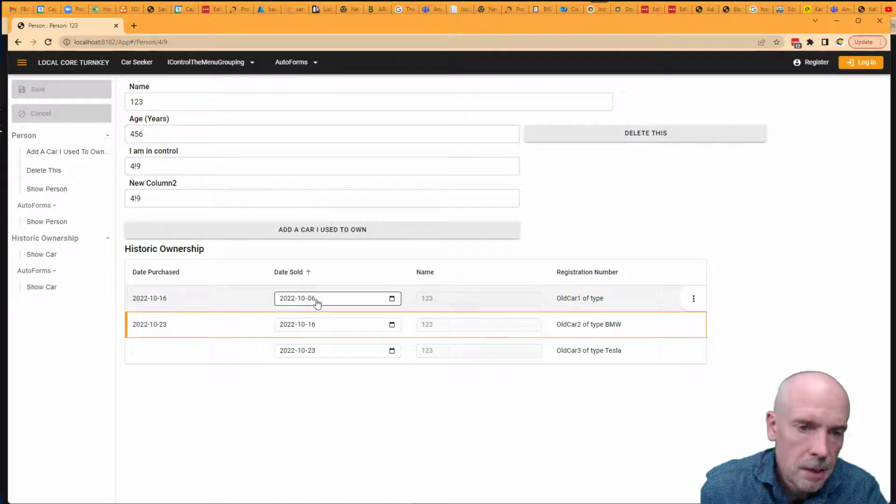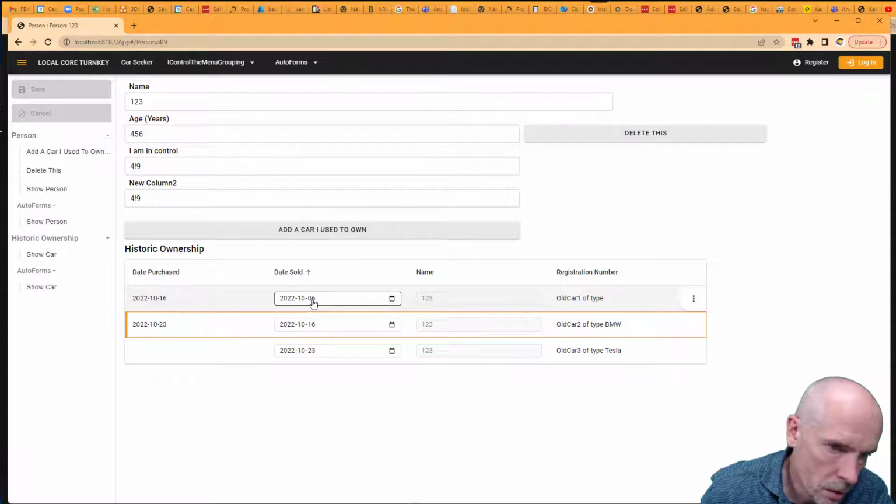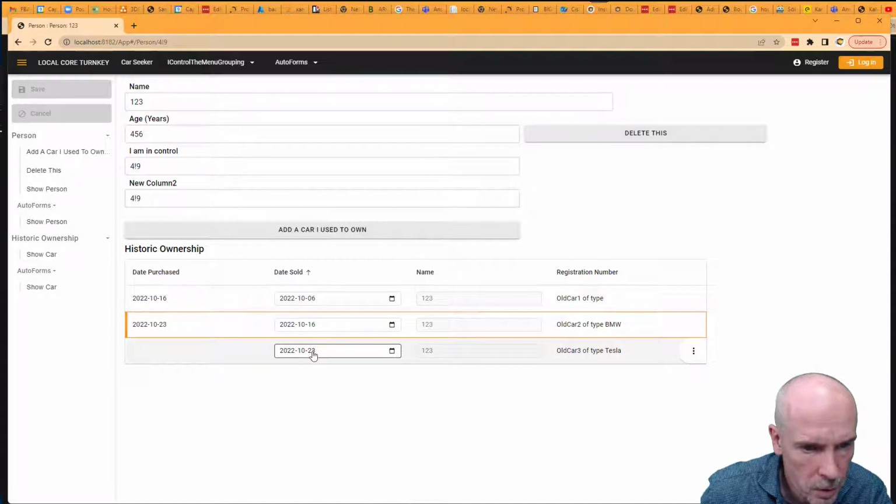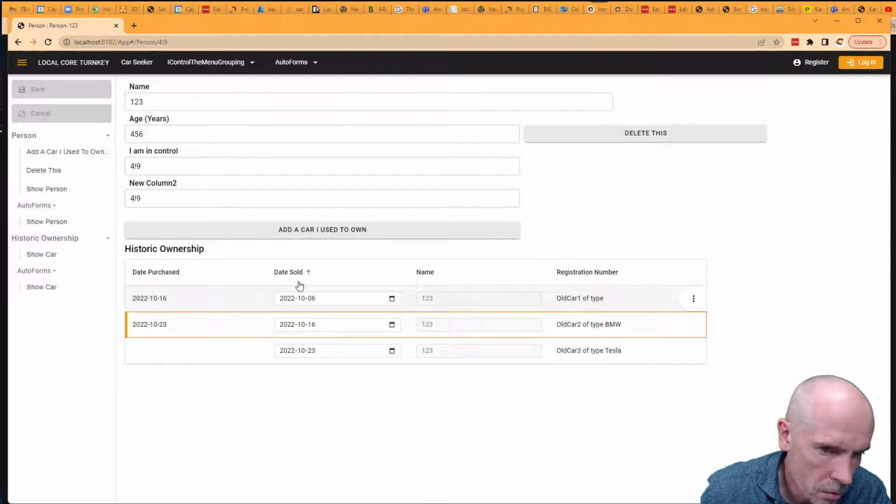What does this mean? So I sold the car at the 6th. So there's something seriously wrong, right? I sold it the 6th of October, and then I sold another one at the 16th of October, and the third one at the 23rd of October. So obviously I have done something wrong. Can't really see what I did,